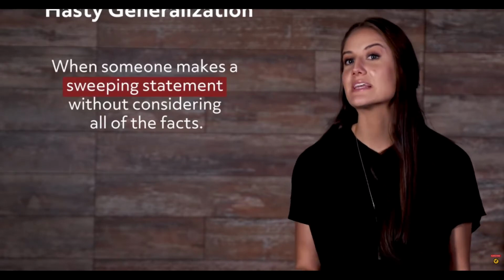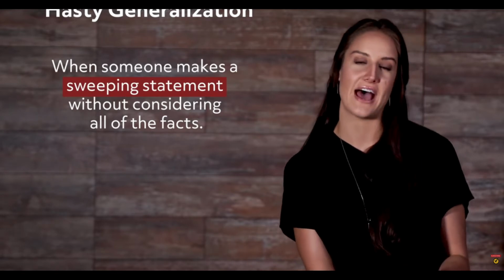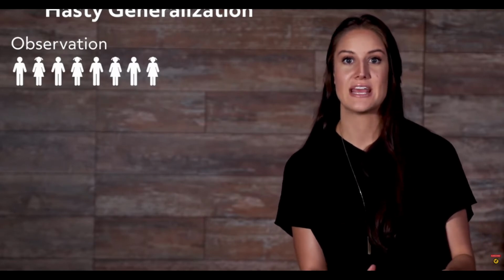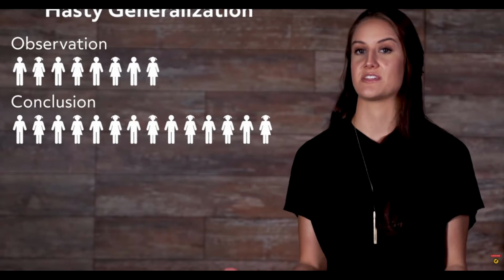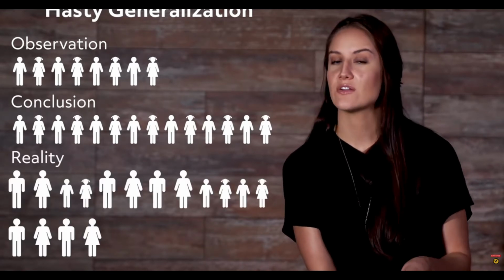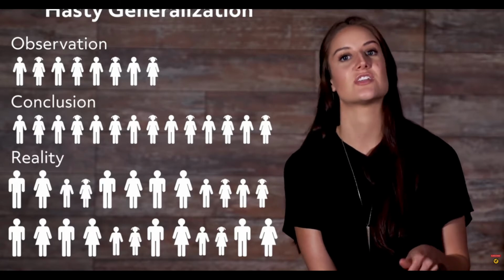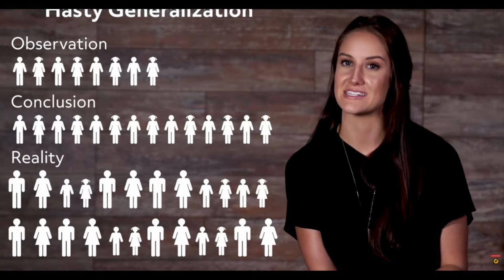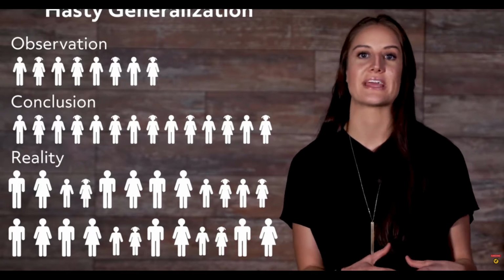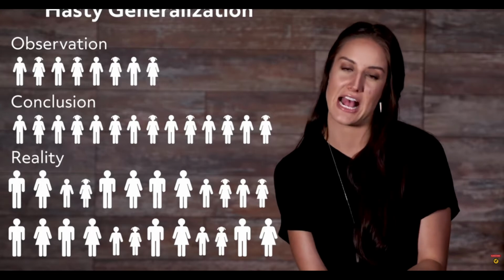proofs. Hasty generalization. A hasty generalization is when someone makes a sweeping statement without considering all of the facts. For example, if a man walks through a town for the first time and sees 10 people, all of them children, he might conclude that all the town's residents are children. This argument fails to explore all of the data surrounding the topic and attempts to suggest a conclusion based on this limited knowledge. This is also known as overgeneralization and is best avoided by exploring and presenting every aspect of